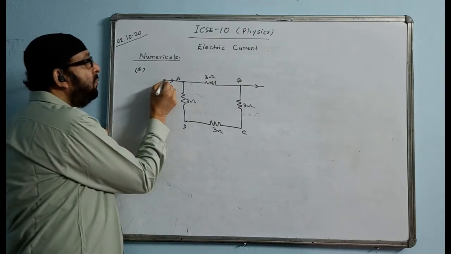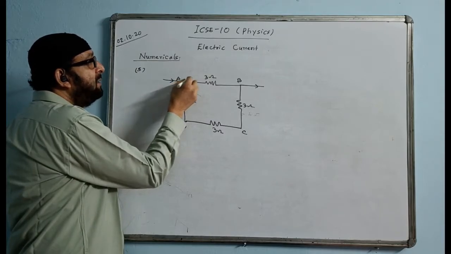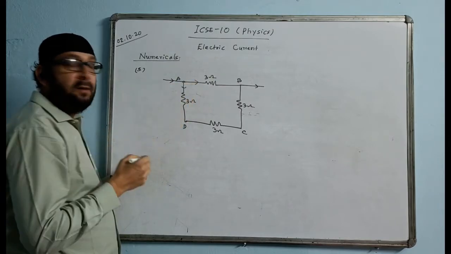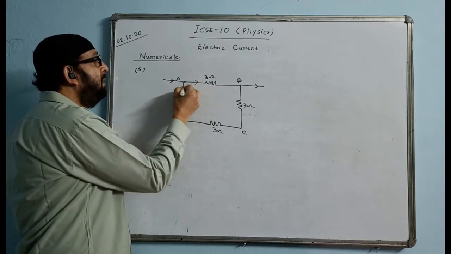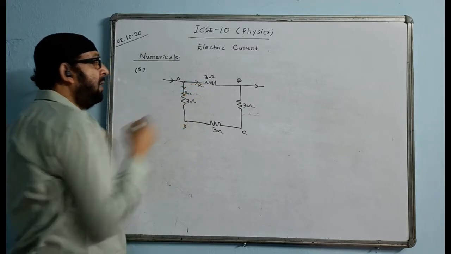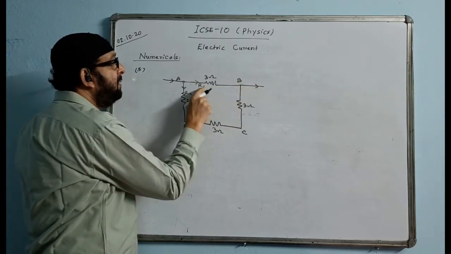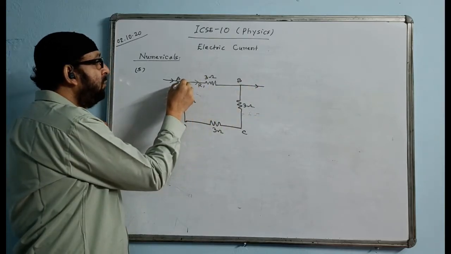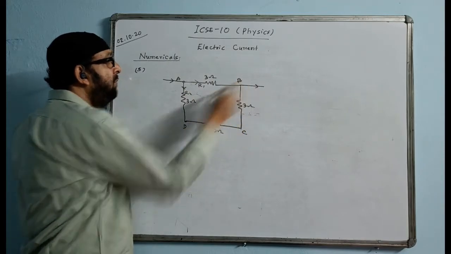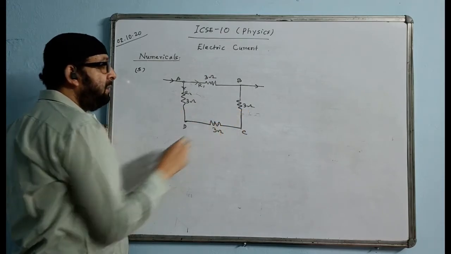As the current enters from the point A, is it dividing? The answer is yes. It is dividing into 2 parts, one part here, another part here. These 2 parts are in parallel. So the first part I write as R1 and the second part as R2. Current through R1 will come out directly like this, because R1 is single only. But current through R2 will go like this through all three of them and come out. That means these are in series.